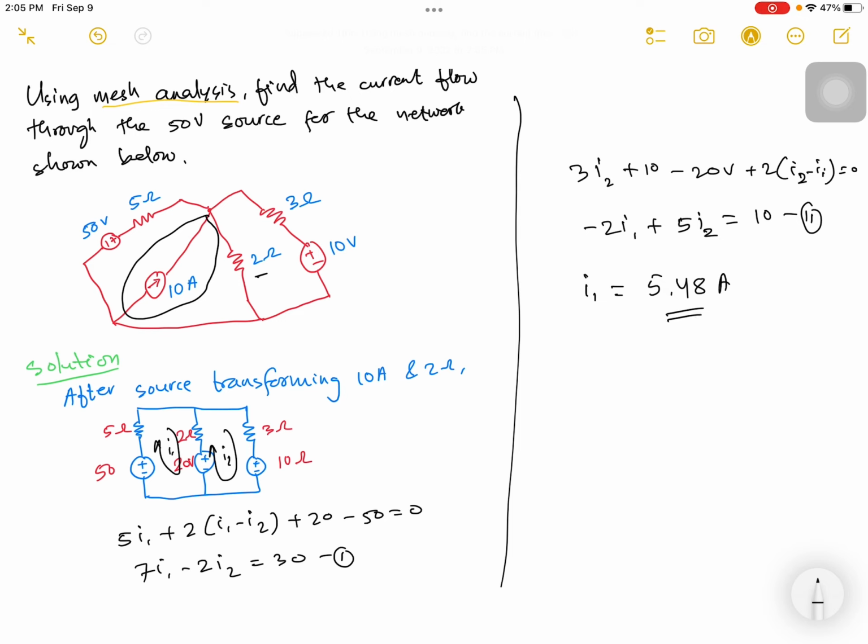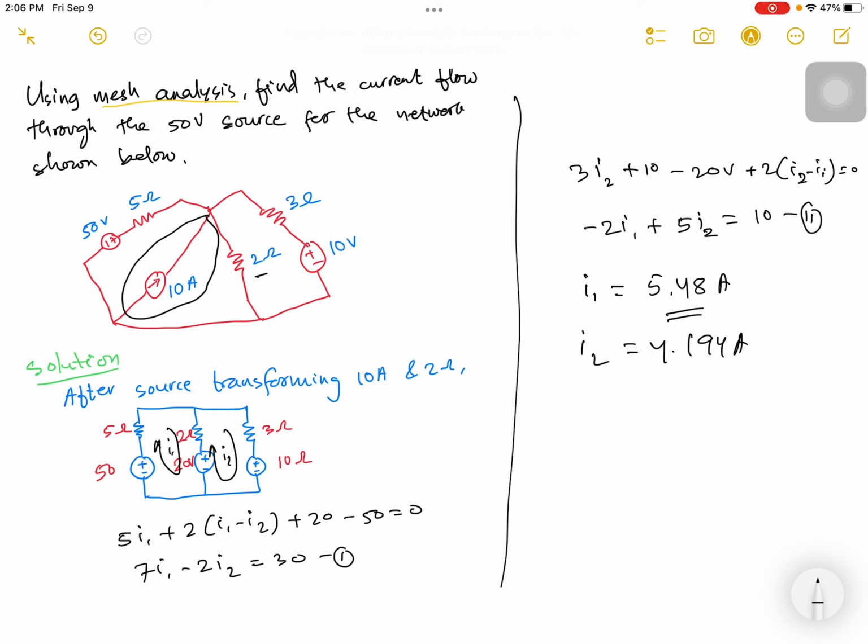And similarly, you can also calculate for the I2. So when I use the calculator, two unknown equations, 7 minus 2, 30, minus 2, 5 and 10, I1 is 5.48 ampere and I2 is equal to